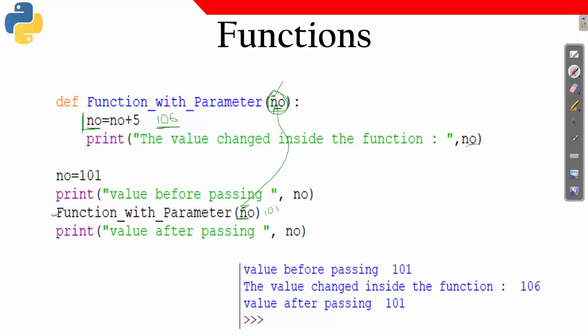this particular function only. So the value 106 is affected inside the function, but when it comes out, the scope of this particular value will no longer exist. So 101, whatever I had earlier, the same 101 will get printed. Okay,